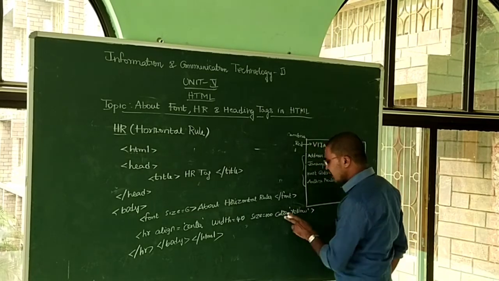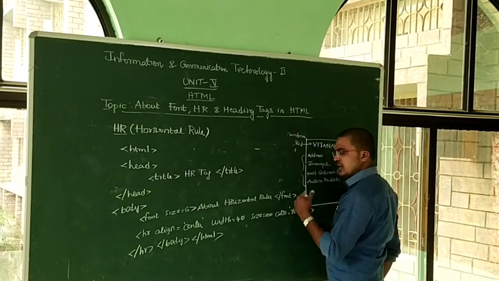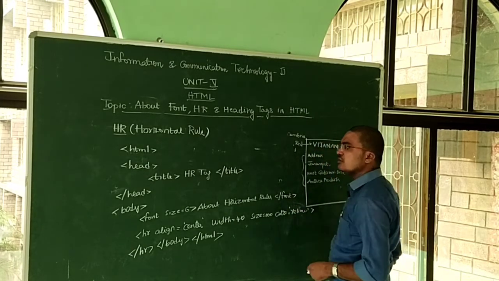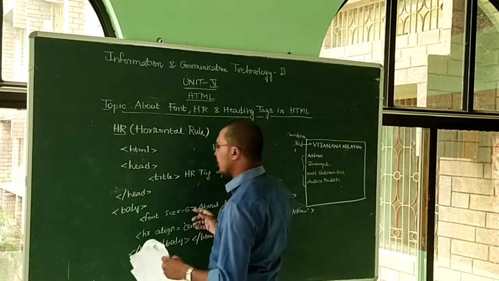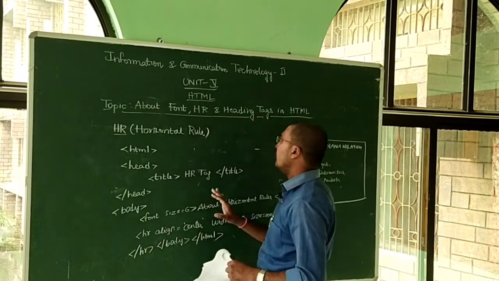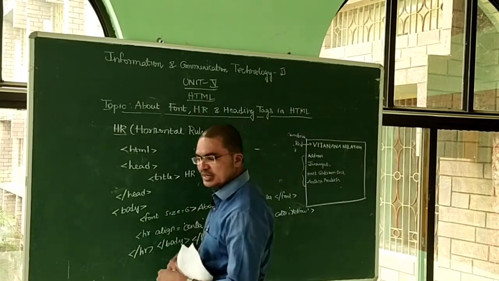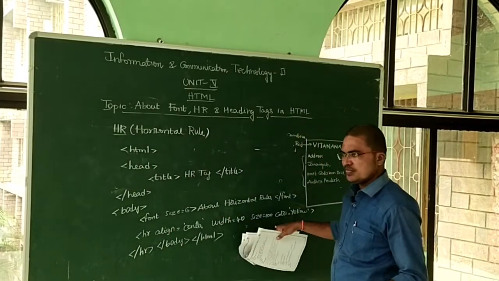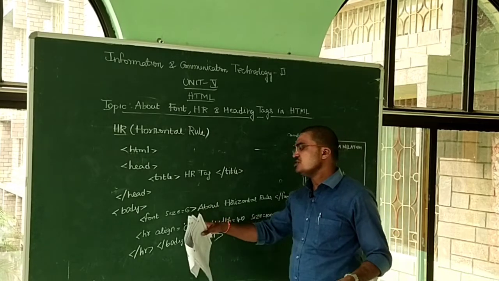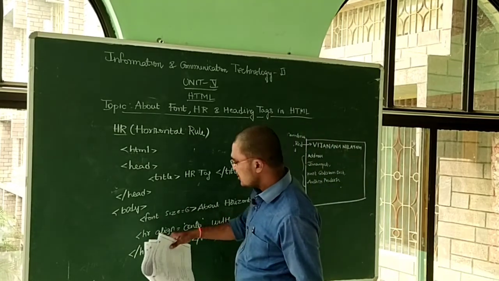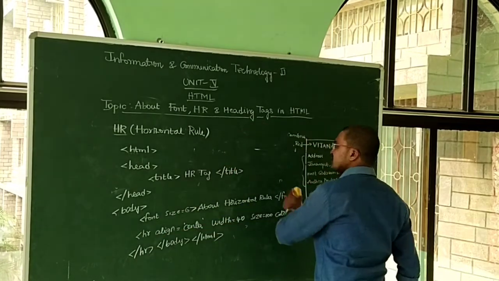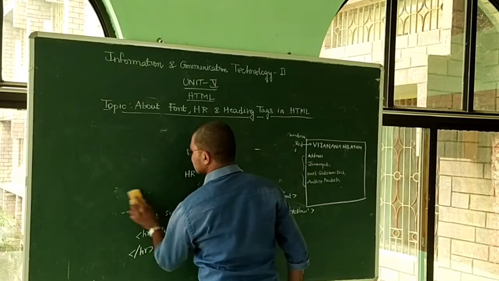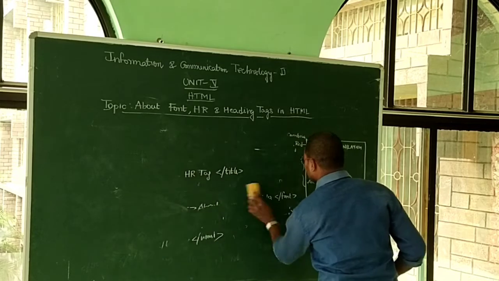If you didn't mention the color attribute, the line appears in black, but if you mention the color as yellow, the line appears in a yellow color on the web browser. So this is how to prepare a horizontal rule in a web page. Is it clear? Every attribute is not mandatory. If you want to change the properties of the horizontal rule, that's why we use these attributes, otherwise it is not compulsory. Okay, this is another important tag in HTML, the horizontal rule.